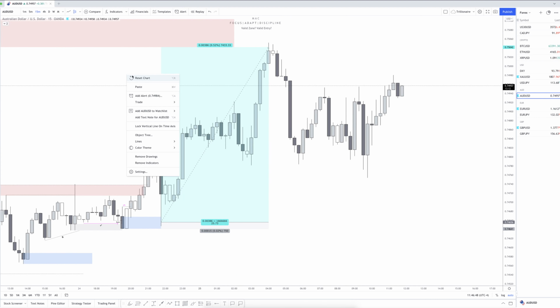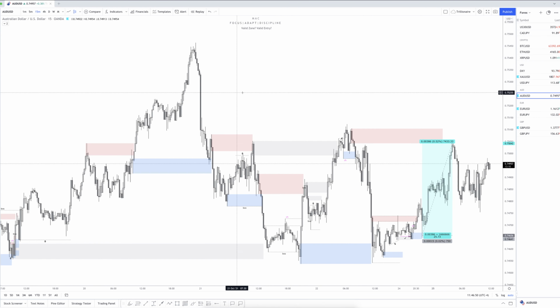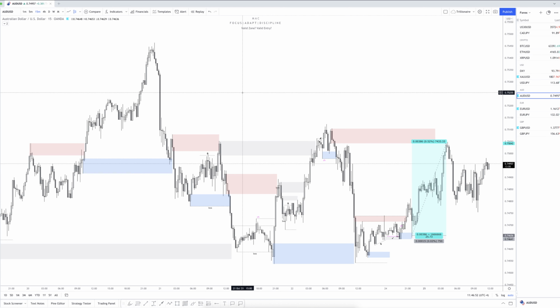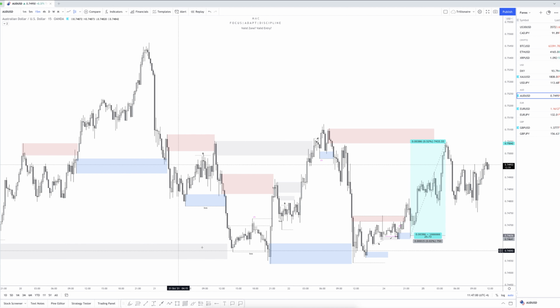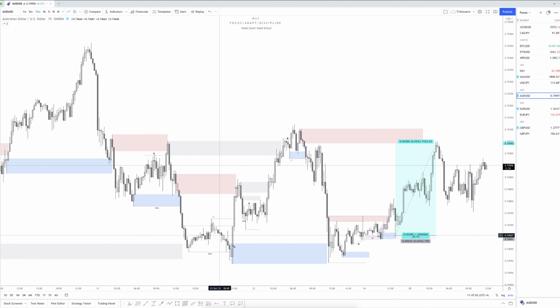But this idea was originally formulated on the M15 time frame, just reading supply, demand, and things like that. So we can see that if we look over here, price taps into a valid zone to the left that I have marked up. We have a sweep, change of our momentum, and then price starts to push to the upside. Well, what does that leave behind? That leaves behind an area that we can look to possibly take a trade from, which is here. So once price actually taps into this region here,